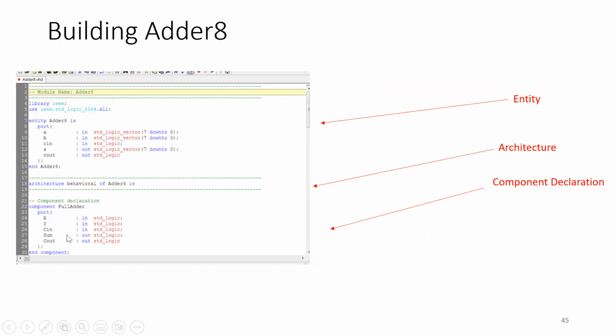This Adder8 will call a component. This component is full adder. I don't bring it all in here, but what I am saying to my architecture, which is behavioral of Adder8,